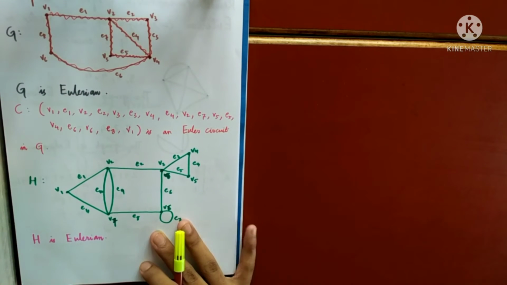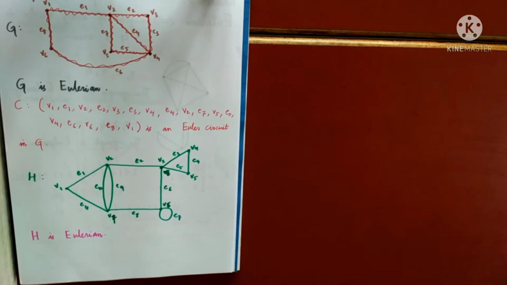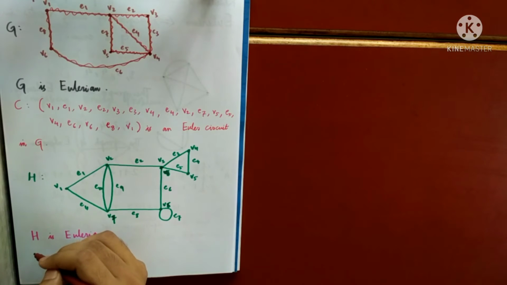But for this case, I'll try to teach you a rule or an algorithm, which is sometimes called Fleury's algorithm, I guess. But I'm not going into the names and all, because I'll just tell you how to find an Euler circuit without going into much detail. So what does the algorithm say? You start with any vertex. Suppose I'm starting at V1.